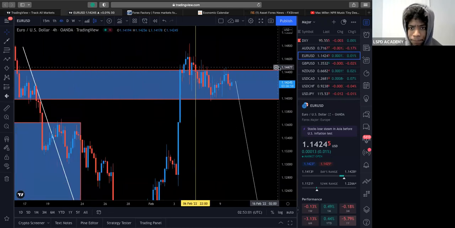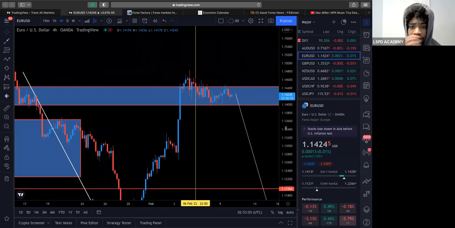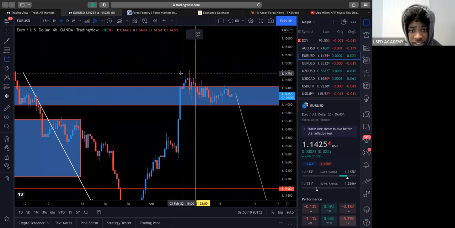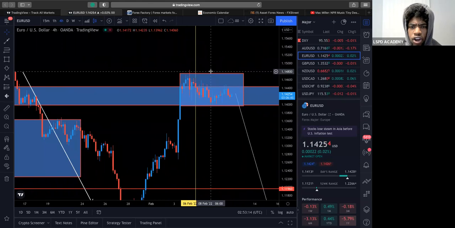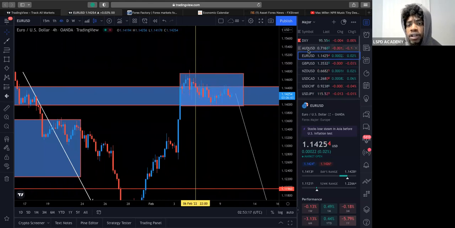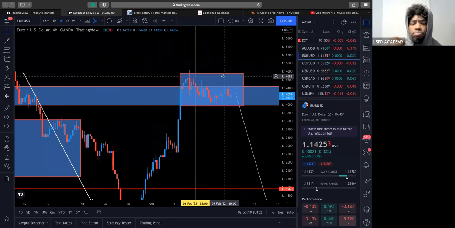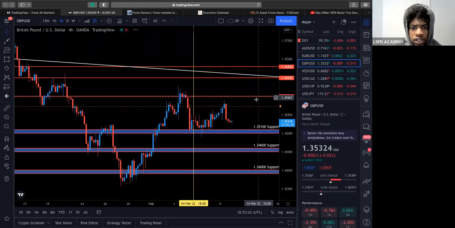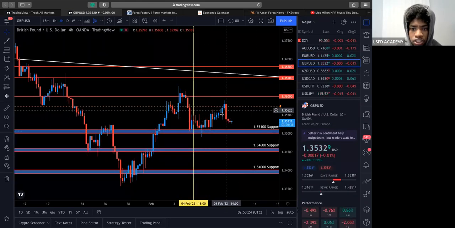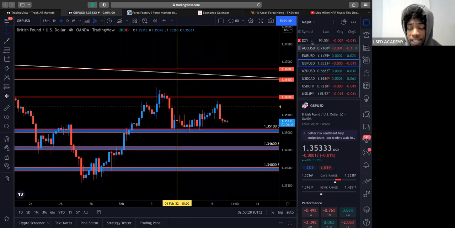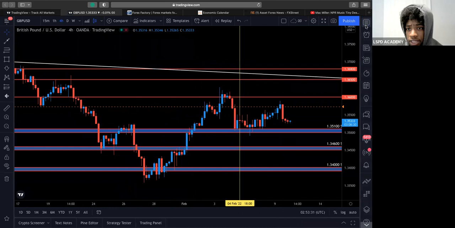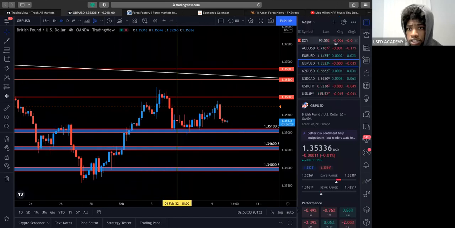So when you have that consolidation of DXY, what that's going to translate to typically is a consolidation on the chart that's trading against it as well. Now it's not every time, because you can have, let's just say, the British pound, right? GU is a good example. So we see GU has kind of been moving in the upwards momentum, but that's because if we look at the British pound,